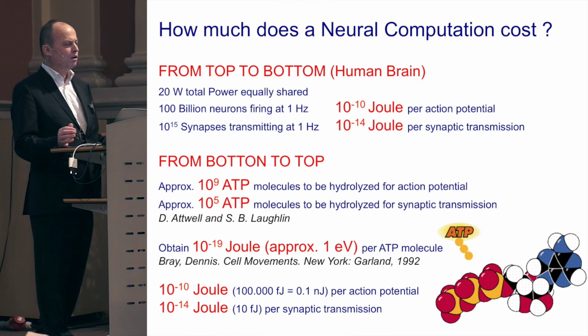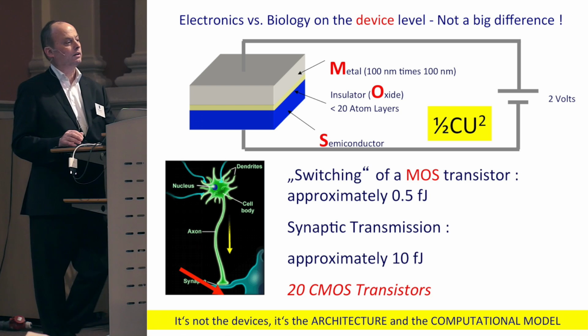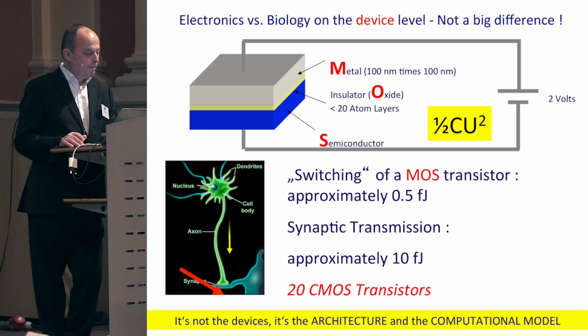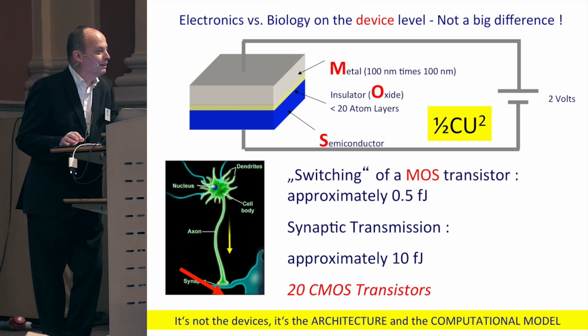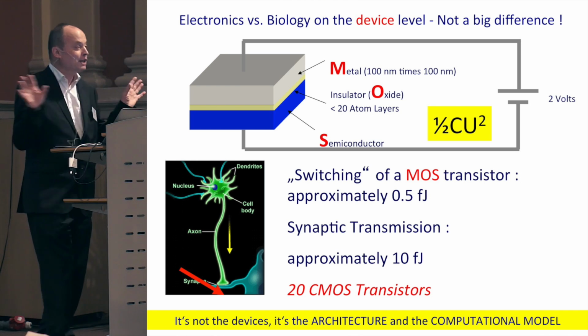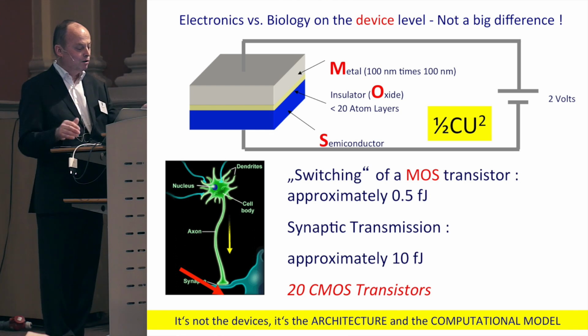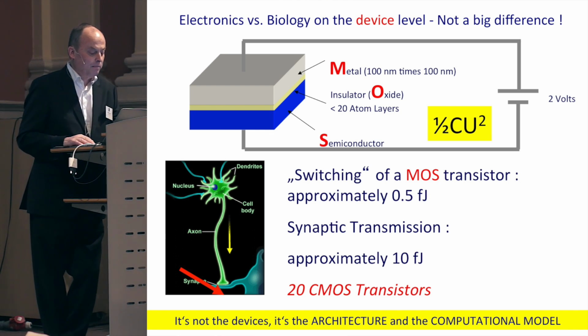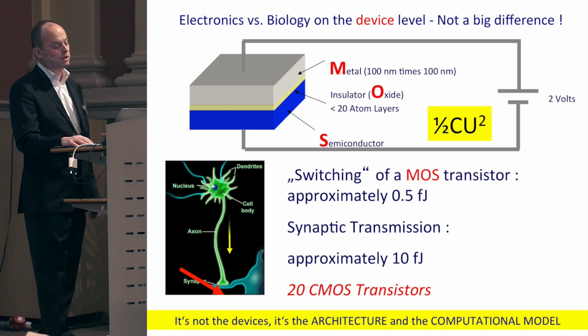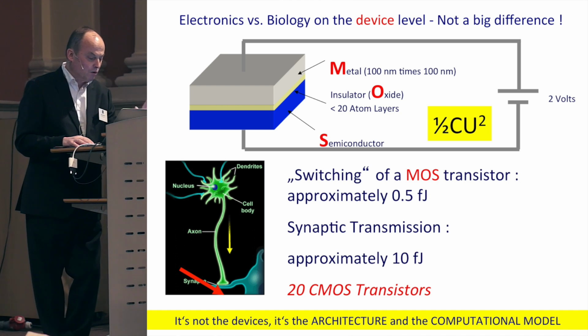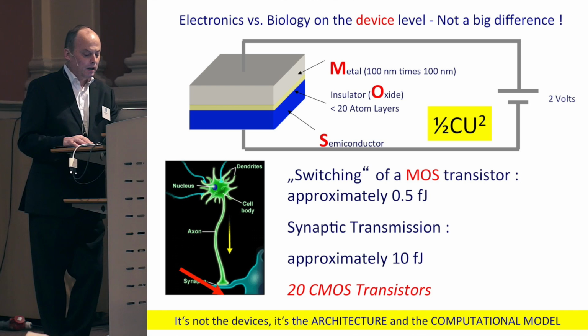If you go to electronics, there are things like transistors. And in a very naive way, we can say computing means charging the gates of transistors, which is wrong, of course. We not only charge the gate of transistors, there are other sources of wasting energy. There are leakage currents. There are the connections between the transistors, which are much worse than the transistors themselves. But if you just look at a single transistor, it's an easy calculation. Everybody knows the energy stored in a capacitor, and that's what a transistor is: 1/2 the capacitance times the voltage squared. You plug in some numbers, which are very old numbers now, 100 nanometer type, at 2 volts,